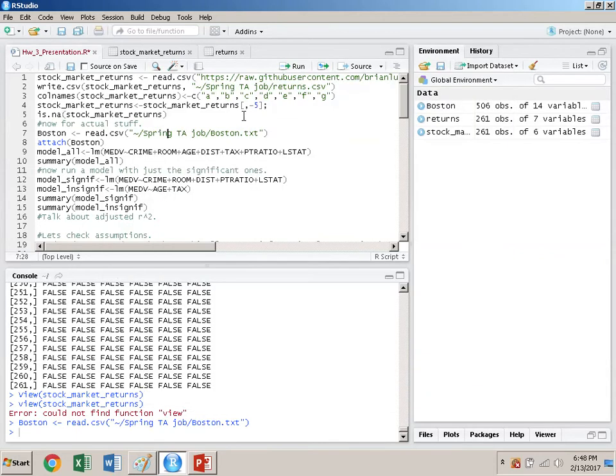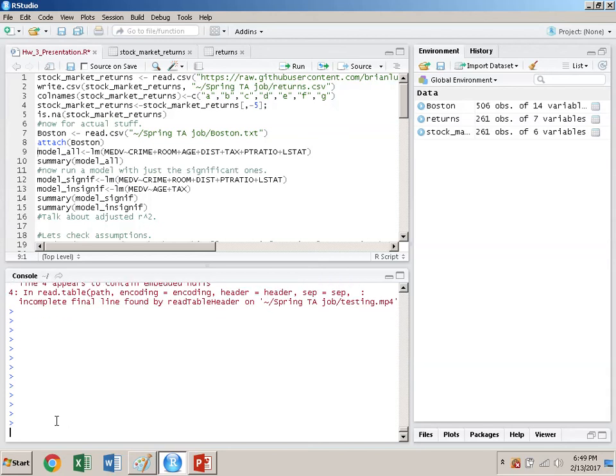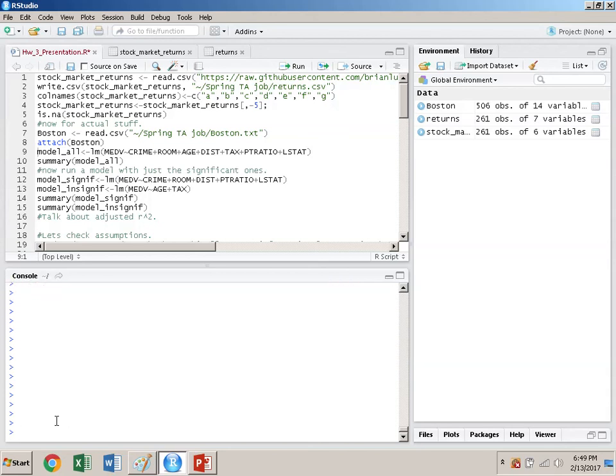Okay. One other thing about just generalities with R, I really like running this attach function. Sometimes it throws really long warning messages at you, especially if you've got lots of things imported, but that's okay most of the time. By running this attach function, you don't have to type over and over again the name of the data set. So by doing that, I can type